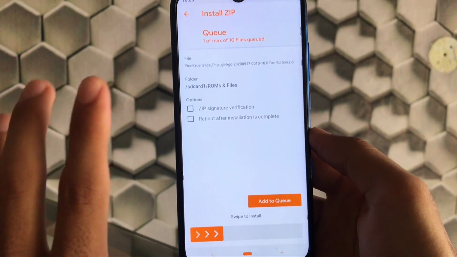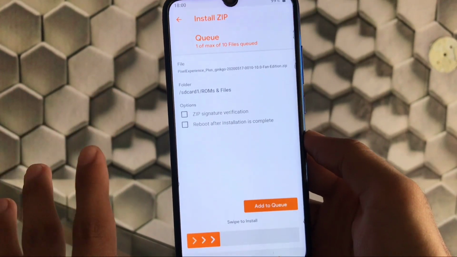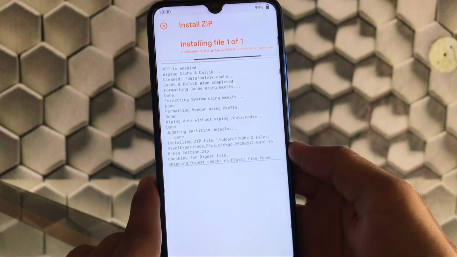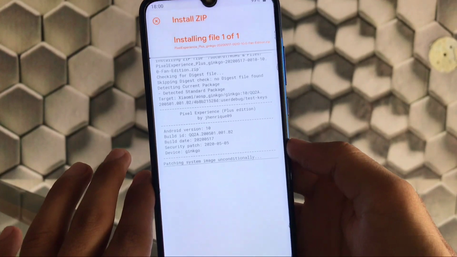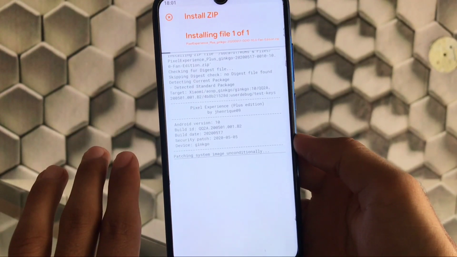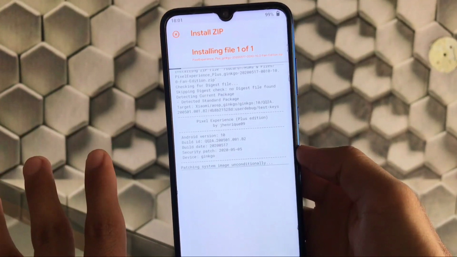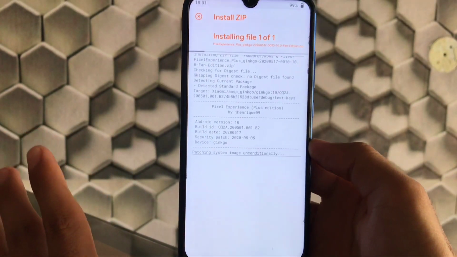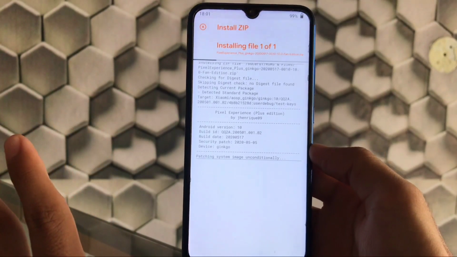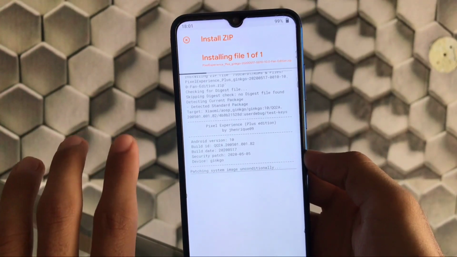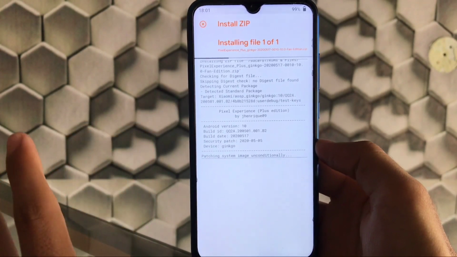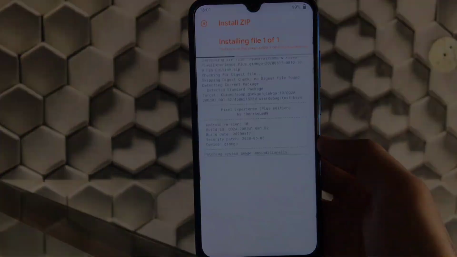And as we have already done everything like wiping, backup, and everything is done, now we simply have to click on swipe to install. Then it will install a custom ROM on your device, and we are going to install Pixel Experience Plus Edition, especially for my device. I'm just going to share with you this method of how you can install a custom ROM. If you are just a noob, then this guide may be helpful for you, and if you're an advanced user, you can still take some precautions by watching these videos. Okay, so now let's wait for the installation to finish.